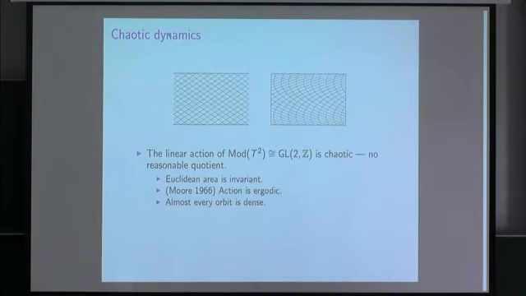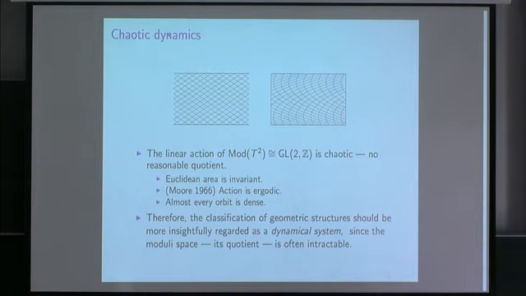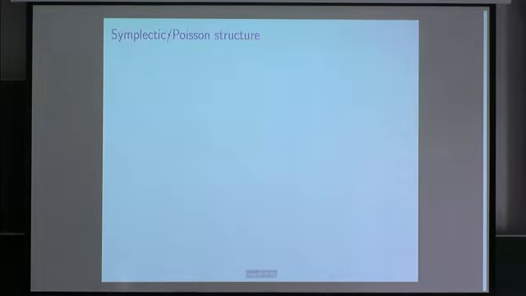So the usual machinery of geometric invariant theory is not available. So the proof that we know is pretty nitty-gritty. Okay. So I want to propose that the classification, because we can't form nice quotient spaces, should really be treated as a dynamical system. And the dynamical systems that arise are actually quite interesting in their own right.